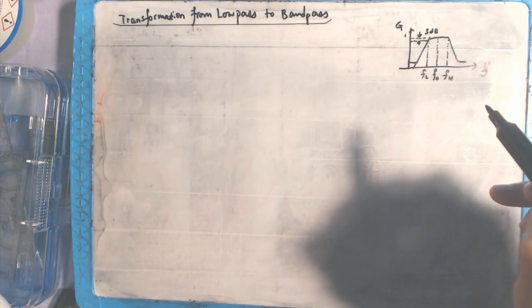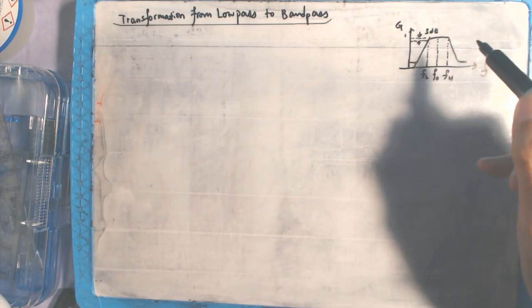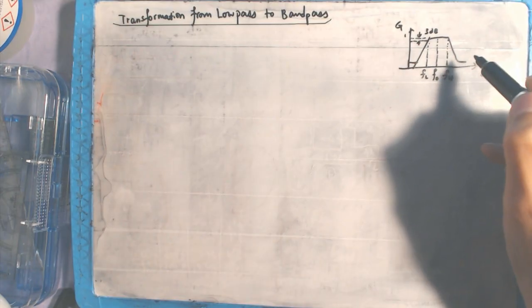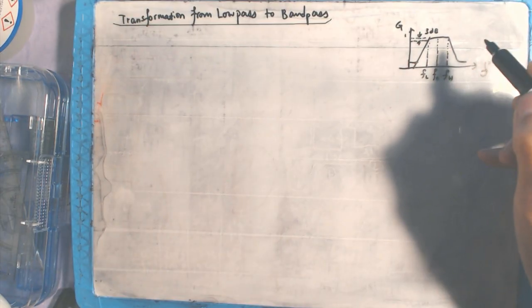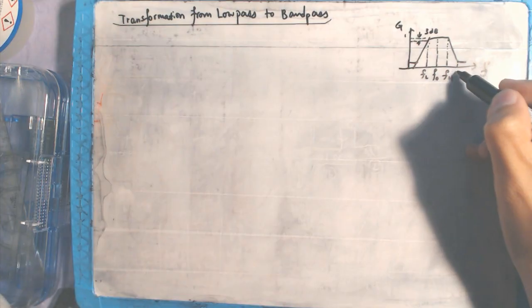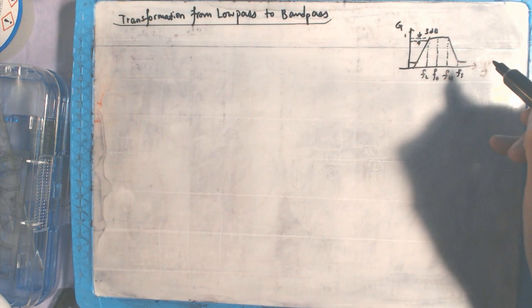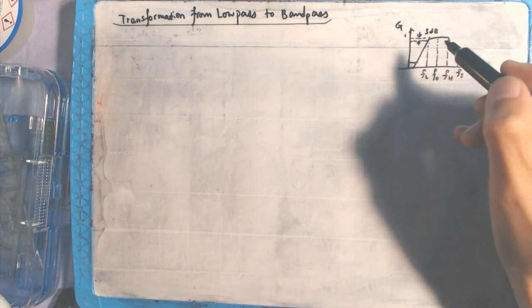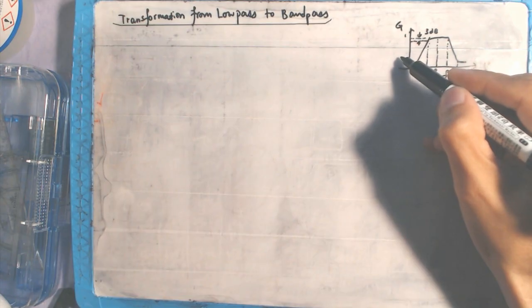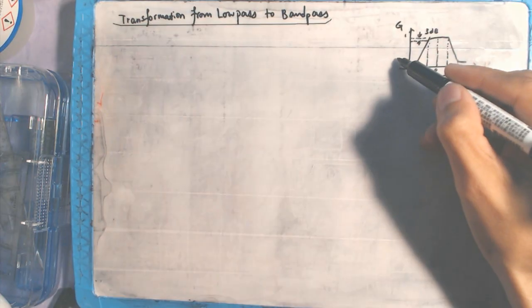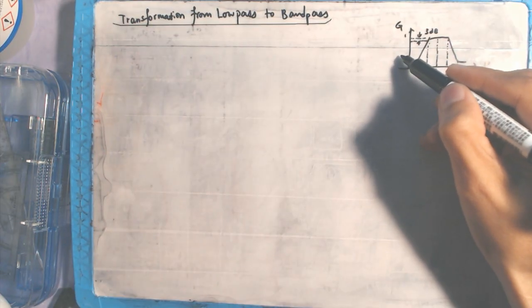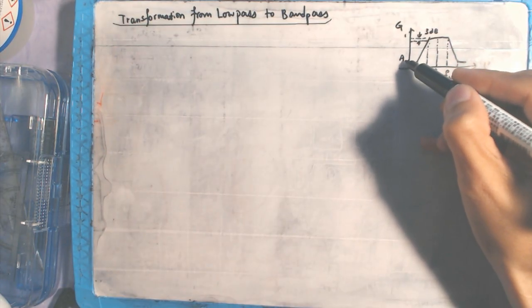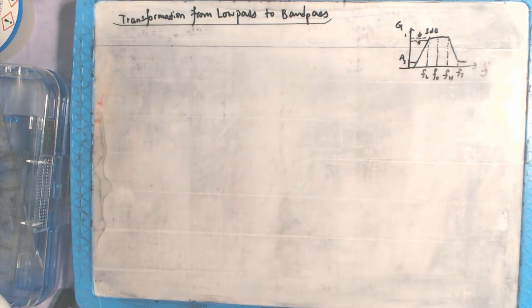And in the stop band, you also have the so-called F of S, and the stop band will be associated with another loss, another gain, right? So the so-called stop band gain, A of S. The question is,